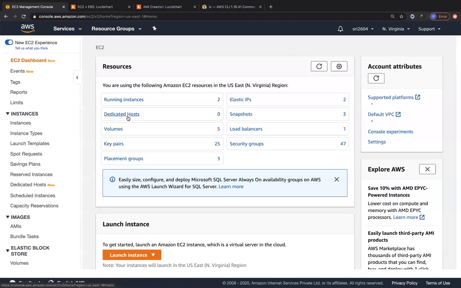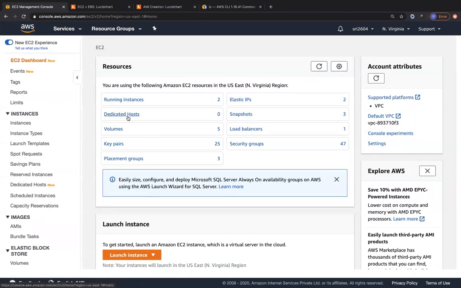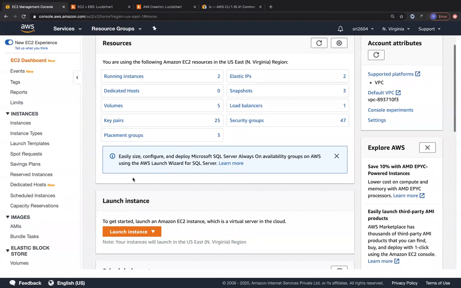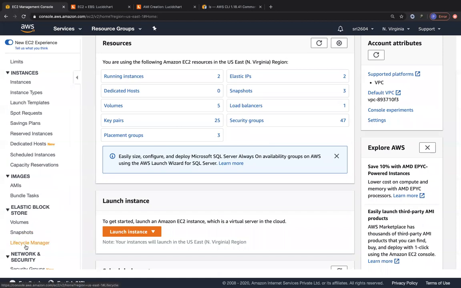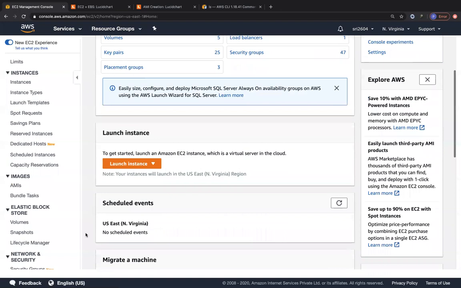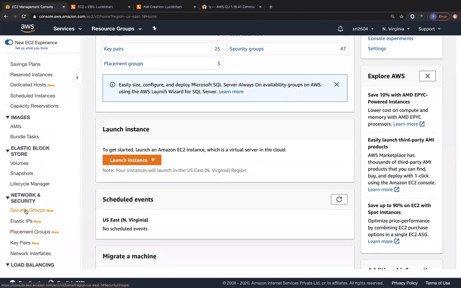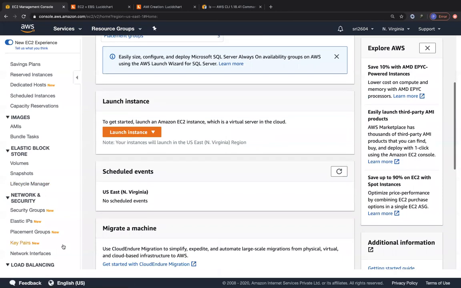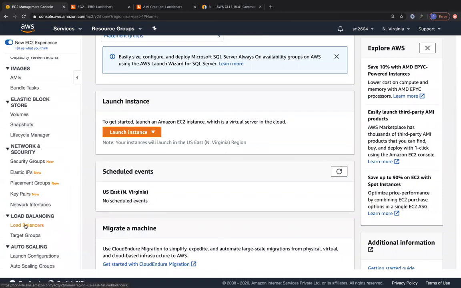Okay, so we have seen most of the configurations when it comes to launching EC2 instances, but there are some configurations that we have not looked at regarding volumes and snapshots or lifecycle manager or AMIs. These things will be covered in the next class. And then we will look at security groups, elastic IPs, placement groups, key pairs, and network interfaces in the next class. So we'll finish up to this in the next class. And then in the subsequent classes, in only one class, we are going to look at load balancers and target groups. And in another class, we are going to look at launch configuration and auto scaling group.